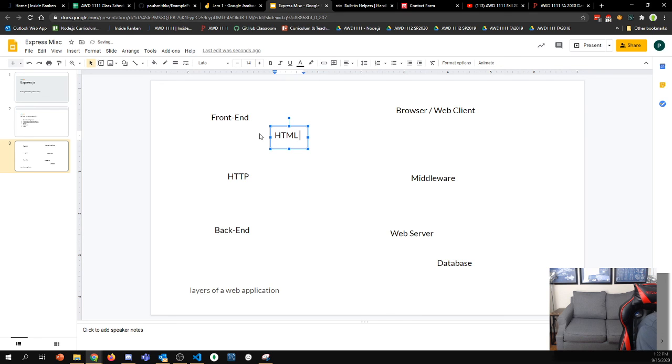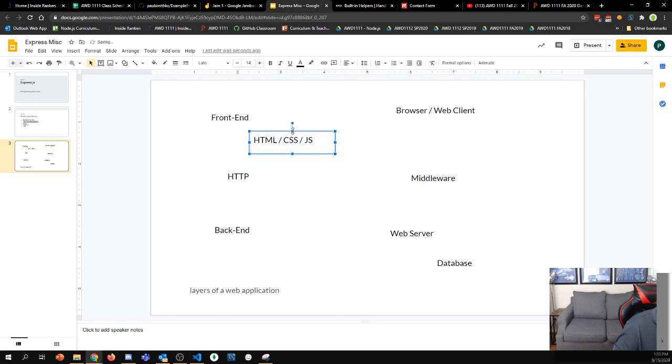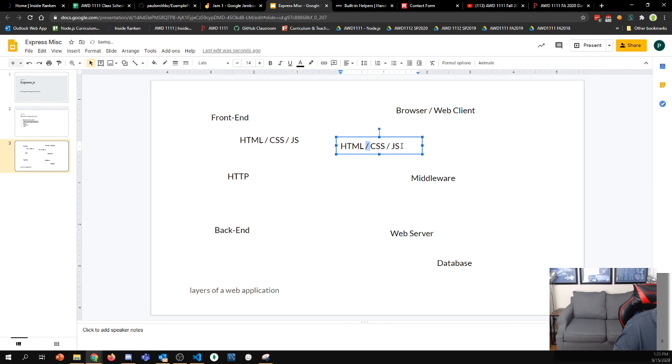So on the front, we're going to have some HTML, some CSS, some JavaScript. So we know that's going to be in here somewhere, right? Or HTML or CSS or JavaScript files. If I'm adding in jQuery and Bootstrap,